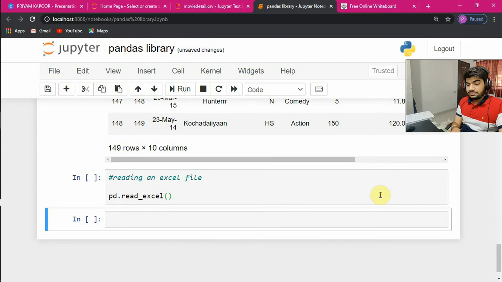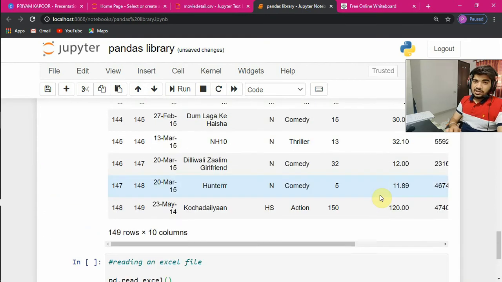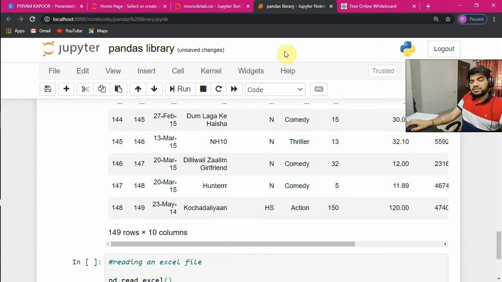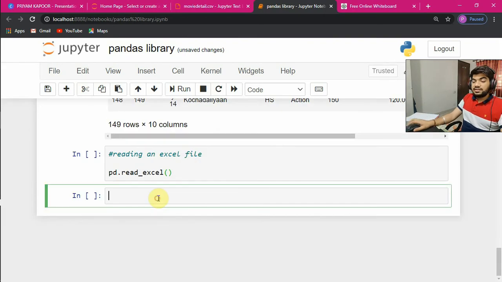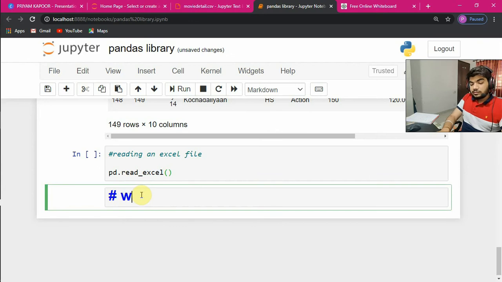After this, I will ask you all to create notes because I also use notes and I always create them. I can share these files with you. I will just create a PDF of this and share it with you all. But definitely using notes will help you to remember all this and will give you good practice. So now let's do this. Working on the data frame.